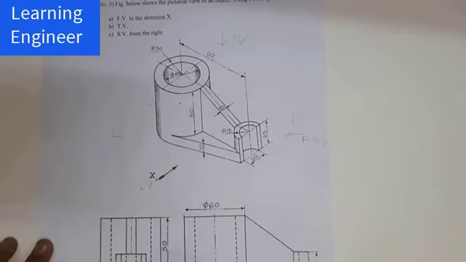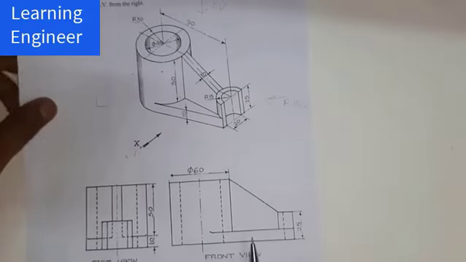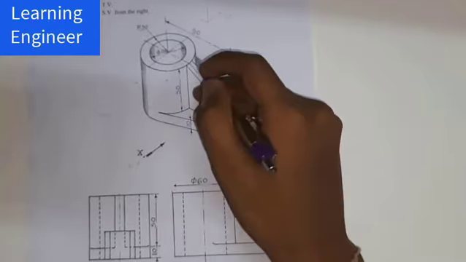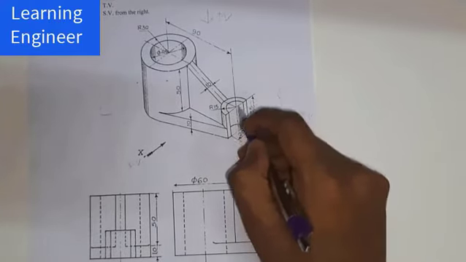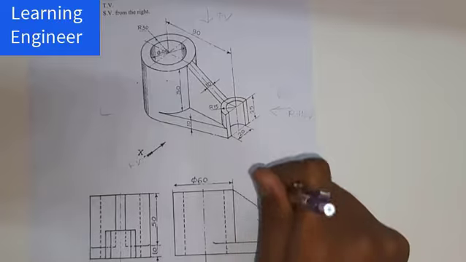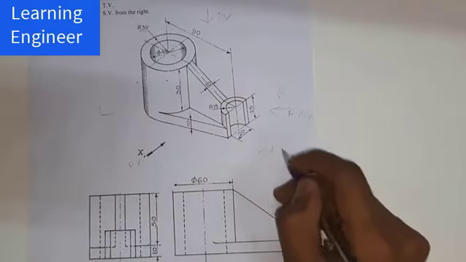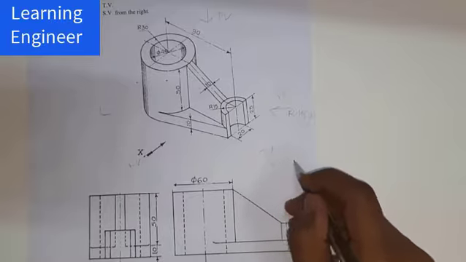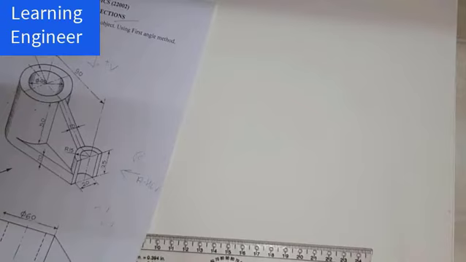Now when I see this object from the front side and from the top side, there are more circles. When I see it from the top side, I am getting these two circles and these two circles. Okay, so in this case I will go for the top view first. I will draw the top view first, then the front view, then I will go for the side view. For drawing the top view, I am locating the center first.